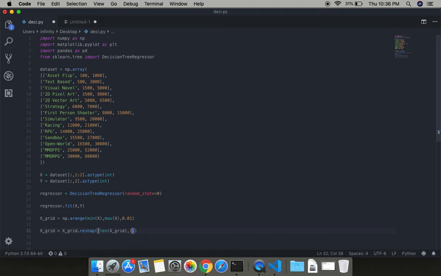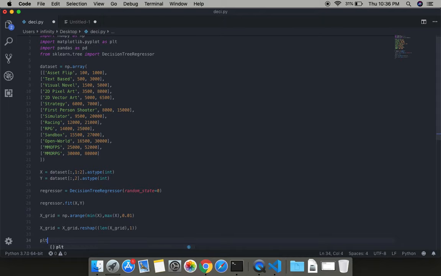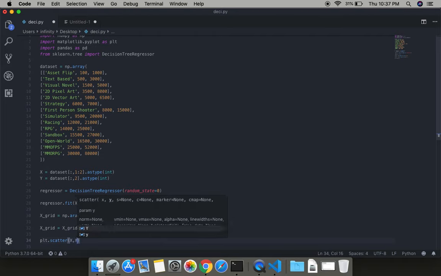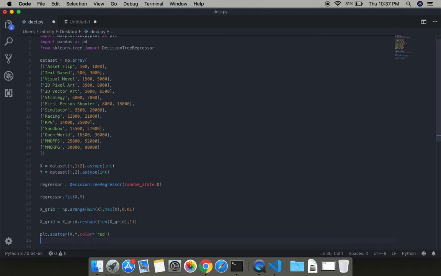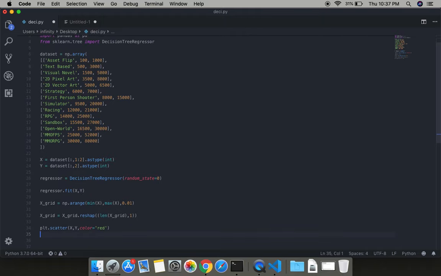Now let's plot the original data, and how we do that is plt.scatter. We are using a scatter plot for x and y with the color red, my favorite. You can use any color, it does not matter much. Now the prediction data should be scattered in the format like